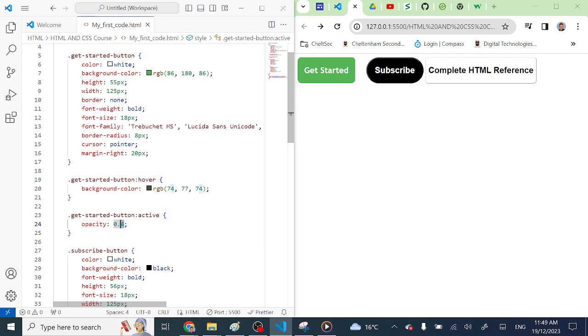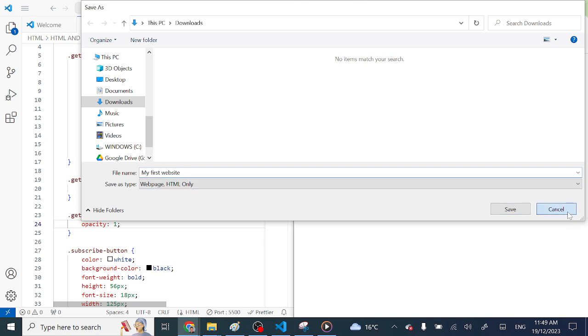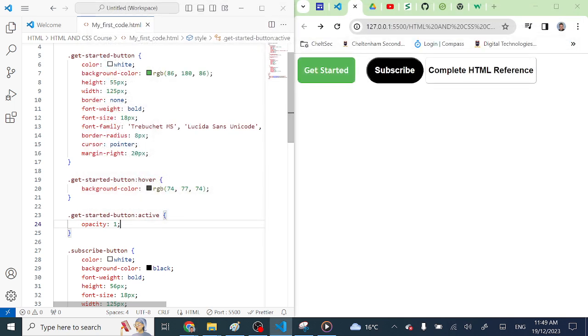By the way, if you set the opacity at 1, that means full opacity. So that means that when I click the button, it's not doing anything because it's at full opacity. Whereas if I start to wind the opacity back, I can get a similar sort of effect, and if I want a more extreme effect, then I can just reduce the number down. So if I wanted to go right down to 0.1,